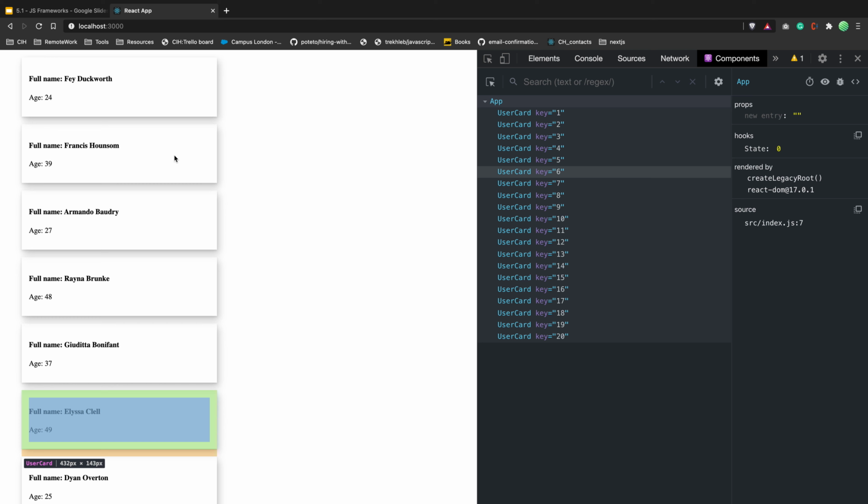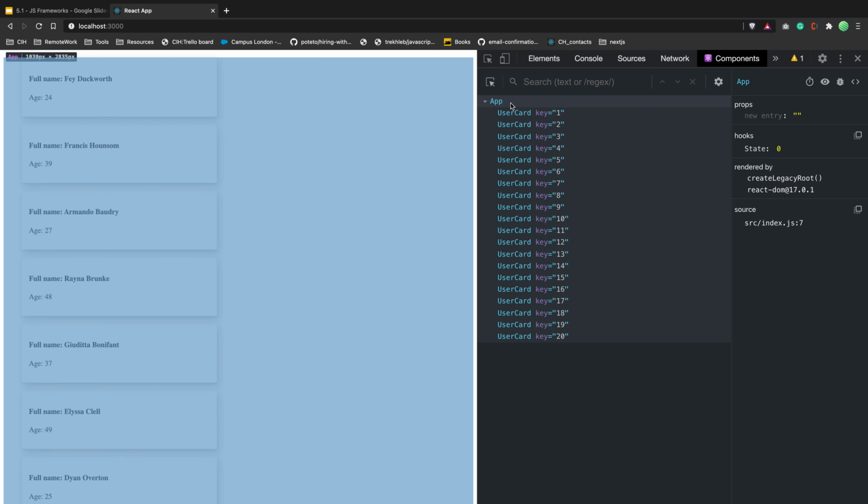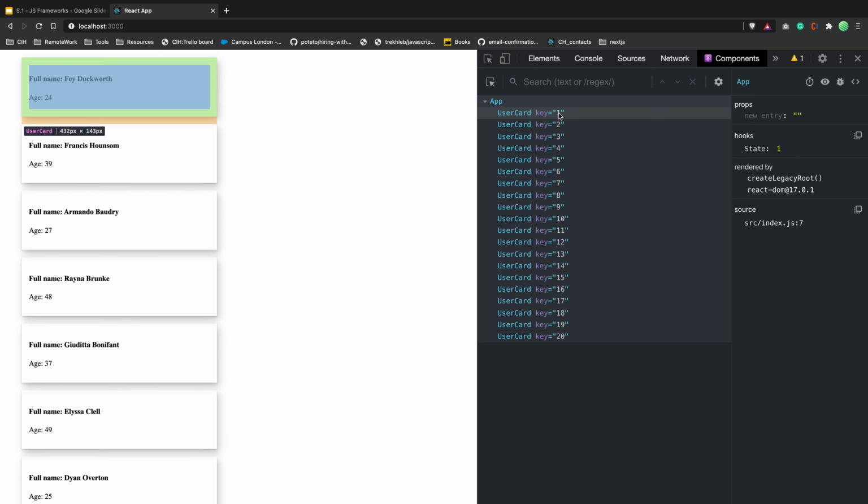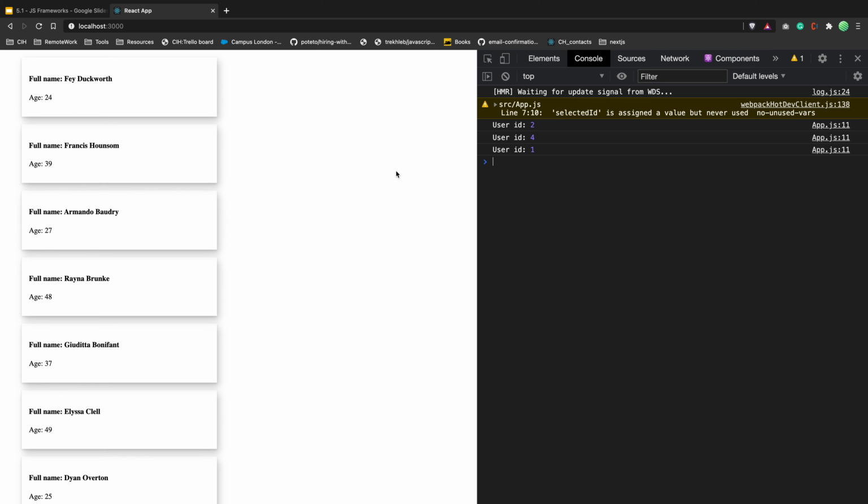If I click on any card, come on, what's going on? Sorry. Oh my gosh. If I click on any card, now it's 2, right? So in my state, it is true. If I click on this one, it is 4, or maybe, I don't know, the first one, it is 1. So we're modifying, and we're re-rendering the component.